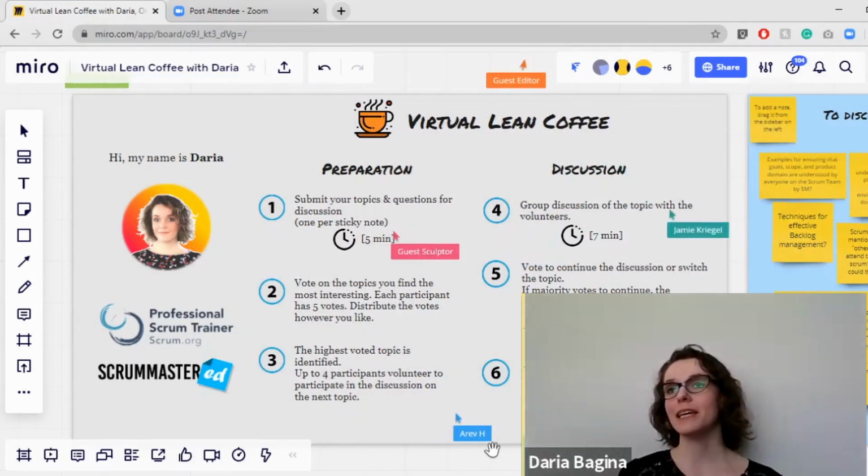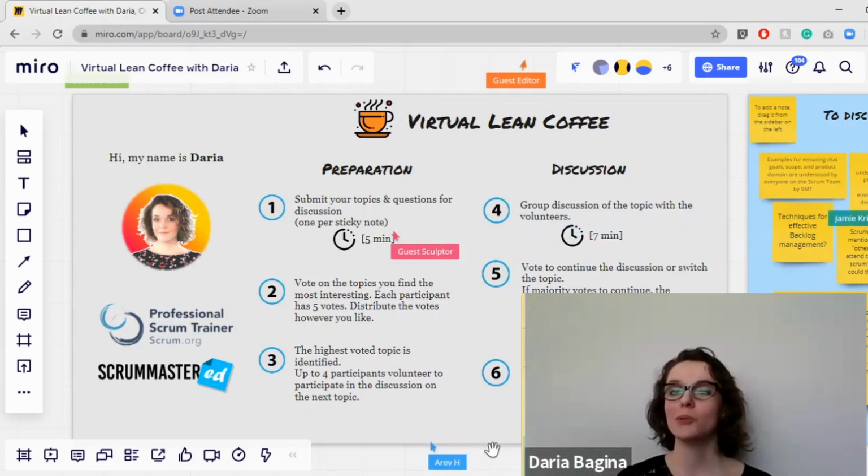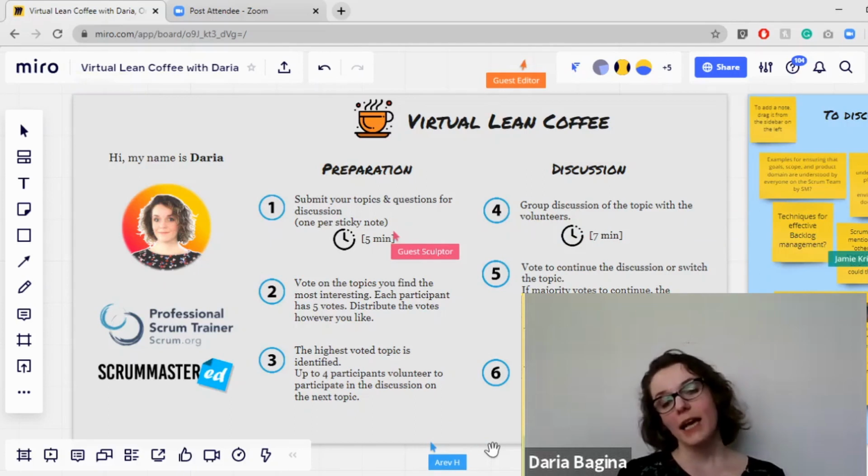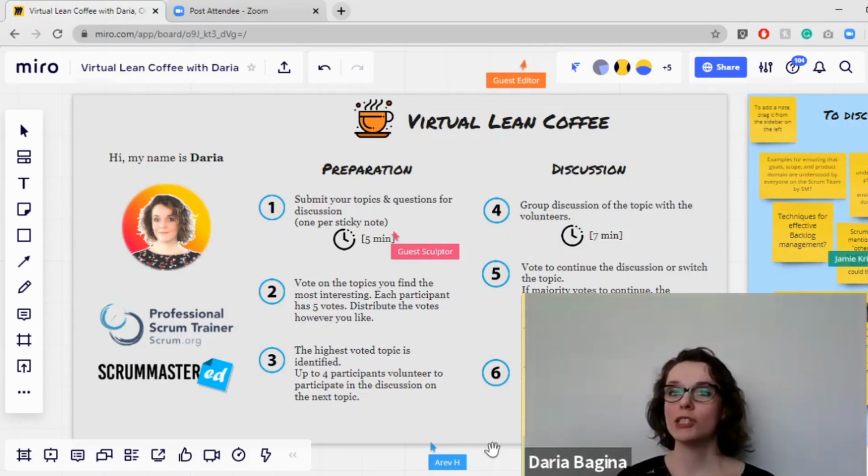Joining. That's basically a small session that I wanted to run. First of all, for an opportunity to connect, as well as an opportunity to show how you can facilitate discussions online, and even a simple thing as virtual Lean Coffee. You can use different tools to allow your teams to come together, have discussions, and actually discuss things that are